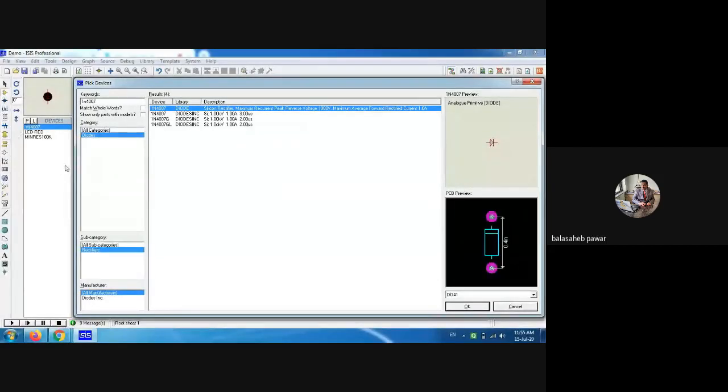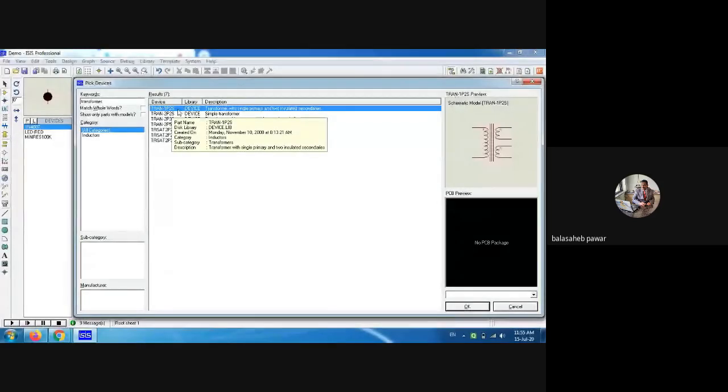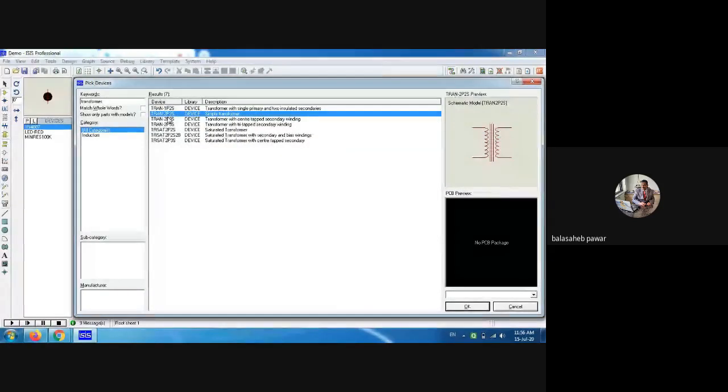Now another one we require is the transformer, a step down transformer. Correct? So whenever you write transformer, various transformers are available here. The first one, see, 1P 2S, it is written. That means this transformer is of single primary and dual secondary, or two secondaries. Then two primary, two secondary, etc. Or not two primary, it is two terminal primary and two terminal secondary. Another you might have seen, that is the center tap transformer. It looks like this, is it?